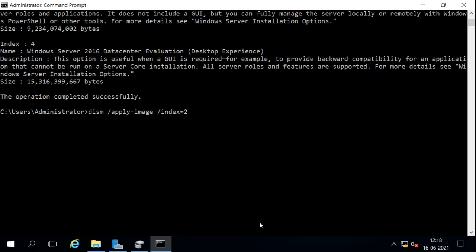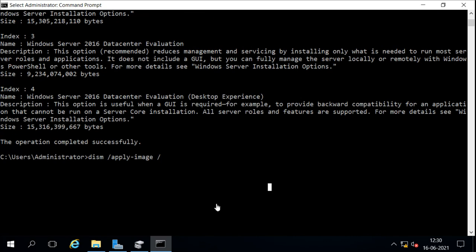Index is 2, I want to install Standard. Then the image file is under the D drive, and this is the install.wim file.